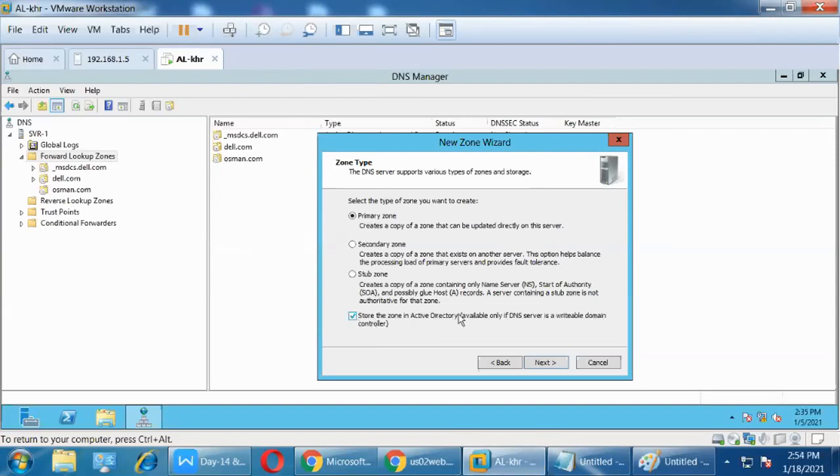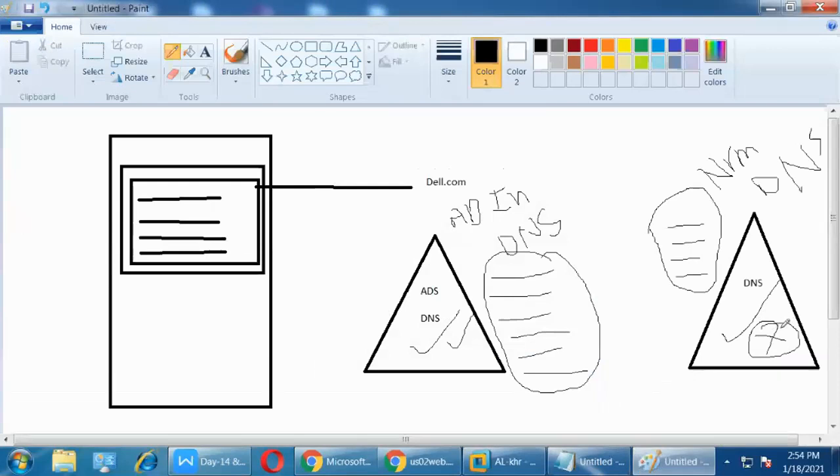If you select here, this primary zone information is going to be stored in Active Directory. If I don't, it is going to be stored in the C partition, my server hard disk, server storage. Understand? So this becomes a part of the Active Directory database. But in the backup DNS, you don't find this option. This option disappears. Why? That is the reason I told you, you can't create an integrated zone there. Is this clear?